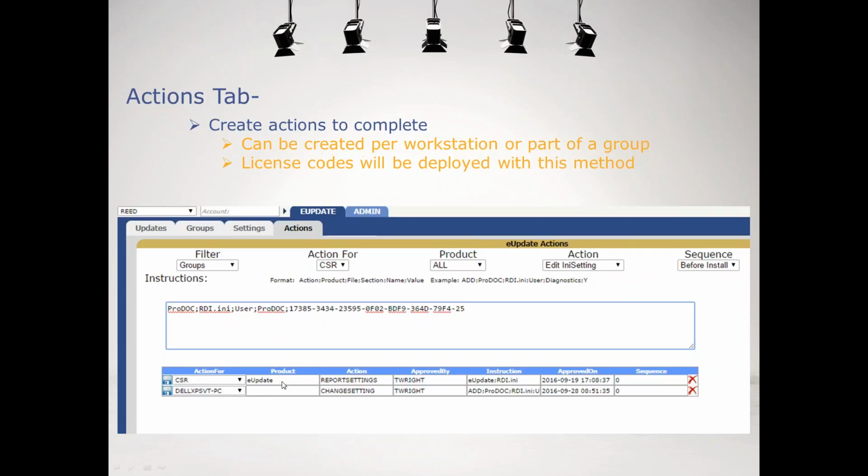So I've got a CSR group, and I want the product to be eUpdate, and I want it to report settings. So this is a command that I can make for every single person in that group that I want them to report their latest eUpdate RDI INI settings. And then if we look at the next action,